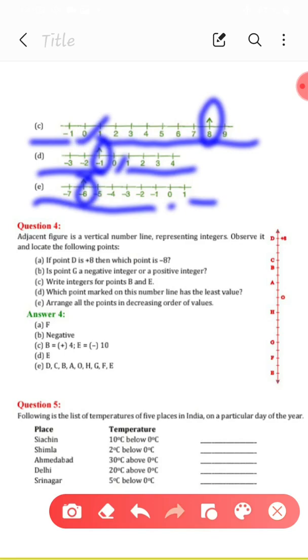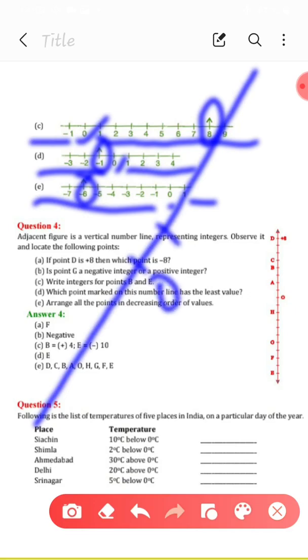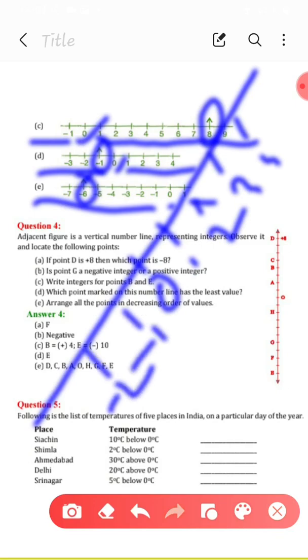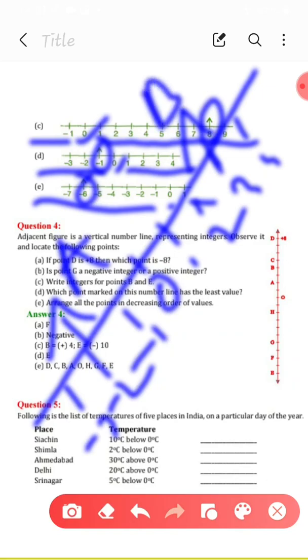So this way you can represent, or else in one full number line, 0 here, then minus 1, sorry, not minus 1, this is the right side, positive numbers 1, 2, 3, 4, till whatever number you need in the question. You can do minus 1, minus 2, minus 3, as per the question you have to write. Then one by one you can show by giving an arrow mark like A, wherever needed like B. This way also you can do, no problem.